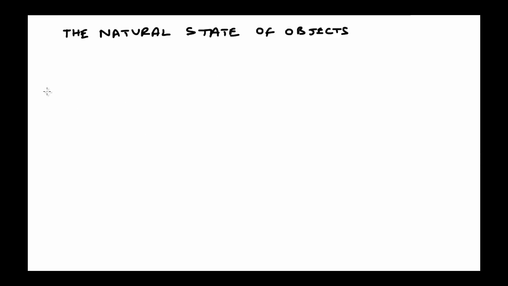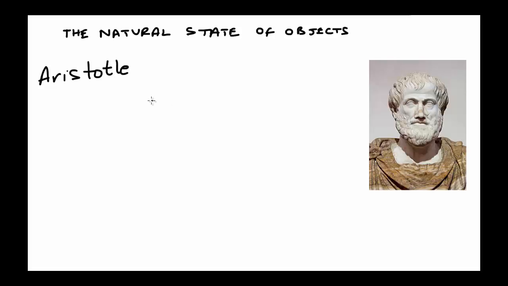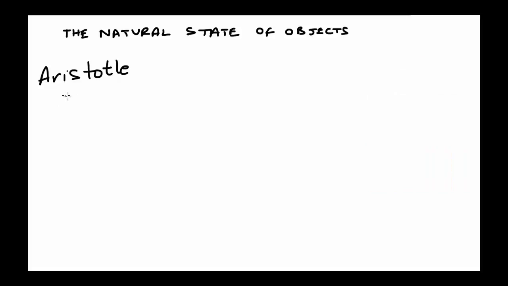Let's start our discussion about the natural state of objects by going back to Aristotle's time. Aristotle was a Greek philosopher who lived in the 4th century BC, and he thought about a lot of things, and based on his thoughts, he formulated a number of laws. One of them had to do with the natural state of objects. Perhaps based on his day-to-day experience, Aristotle believed that objects tend to remain at rest, or tend to come to a rest, on their own accord, and in order to keep them moving, we must apply a force.